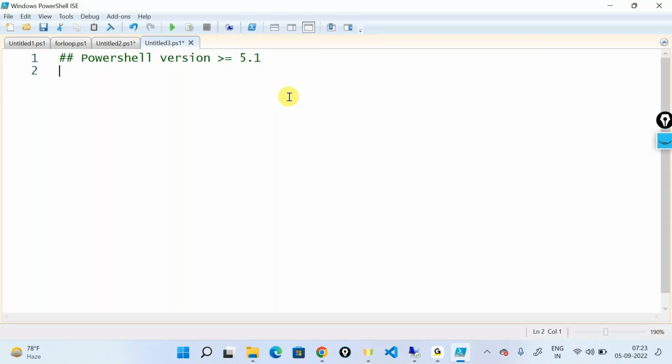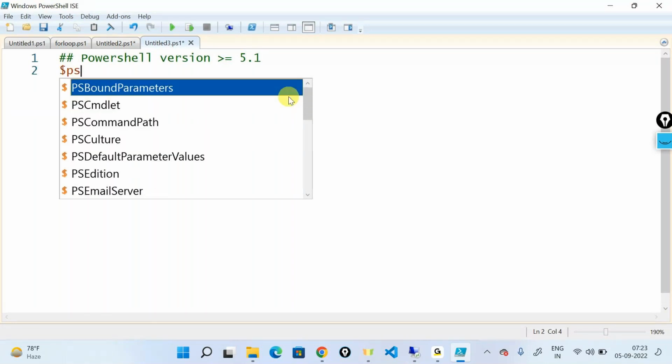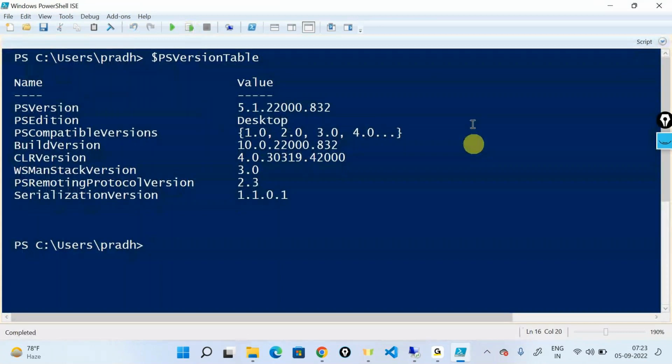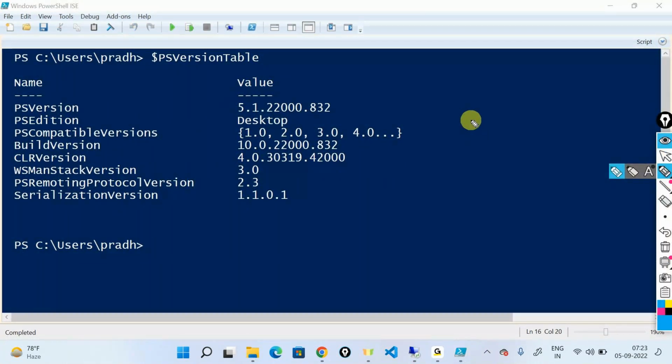So there's a simple command: type a dollar sign, say PS version table. PS here stands for PowerShell. Version table will give you all the properties of the PowerShell that is installed in your system. If you just execute this, this is the value you're going to get. And what you need to look at is just the PS version out here,